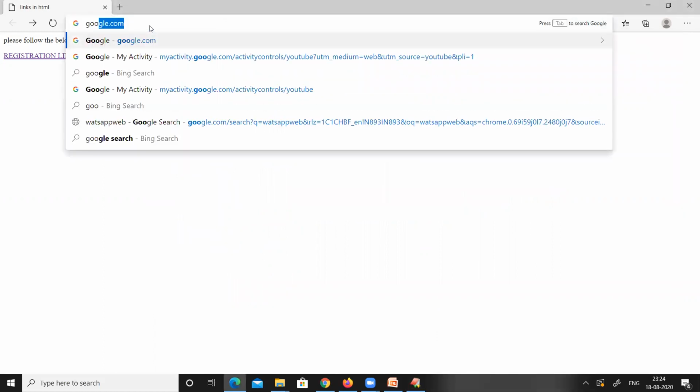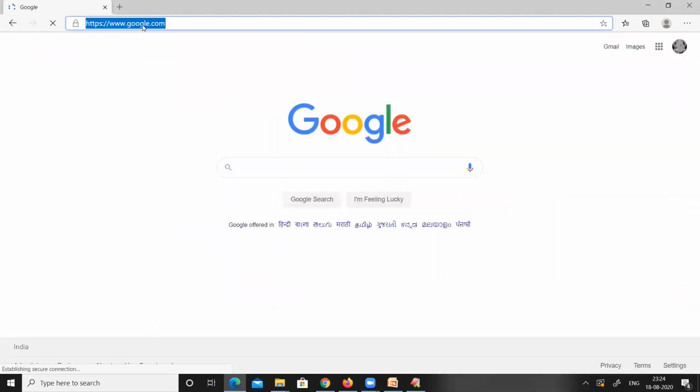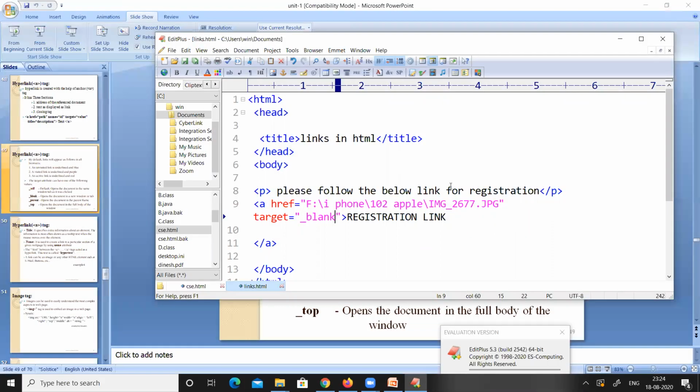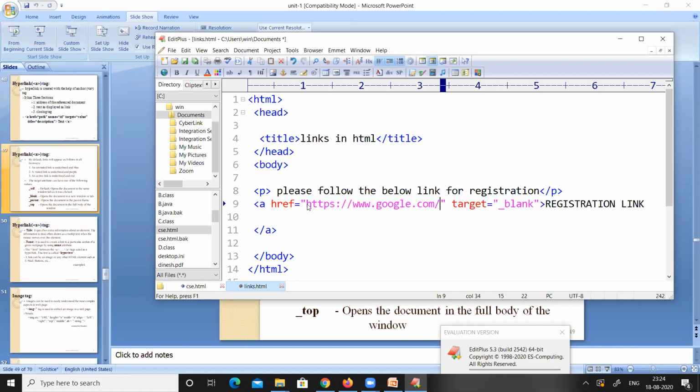So let us see. This is the link. I'm going to copy this particular link, and then I'm going to give that link here. So I have given https://www.google.com.